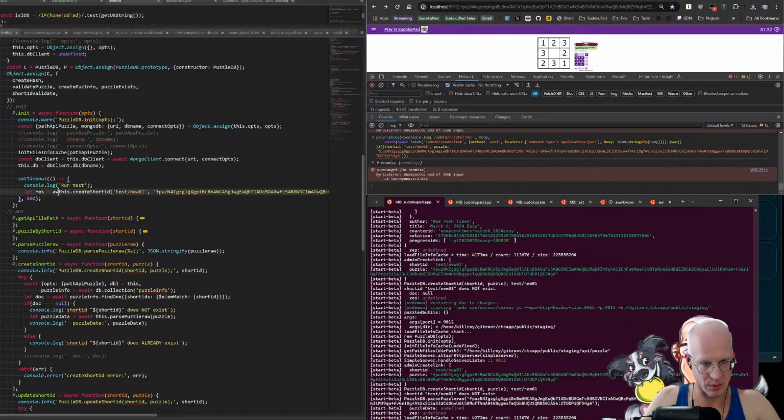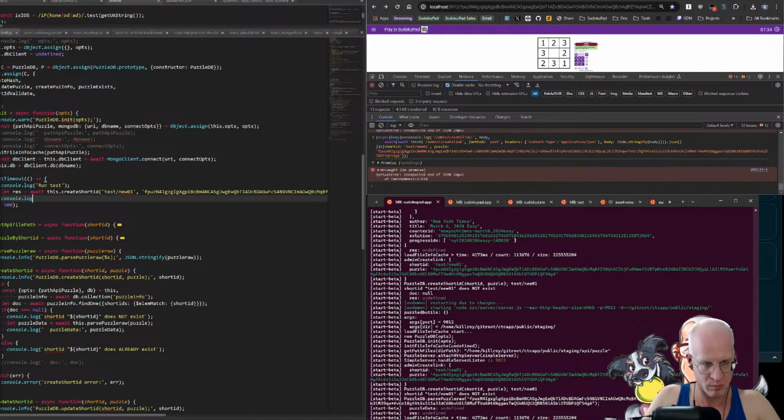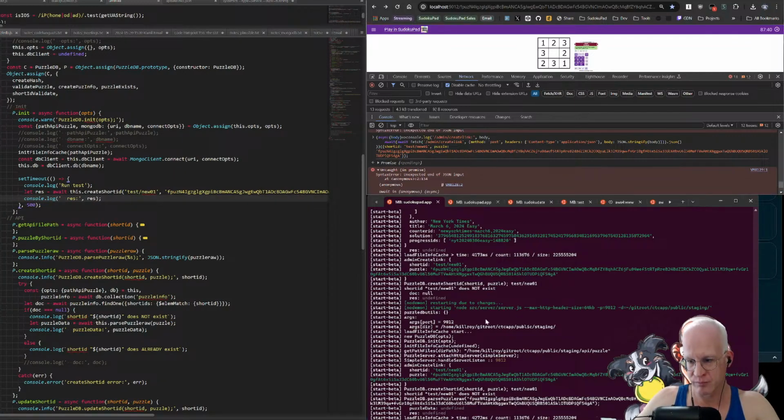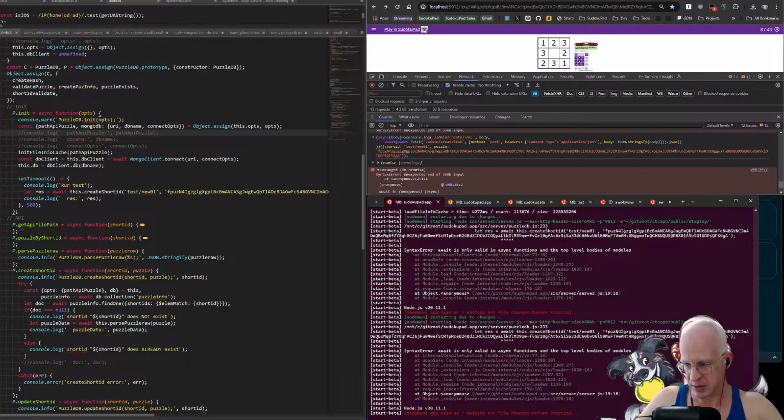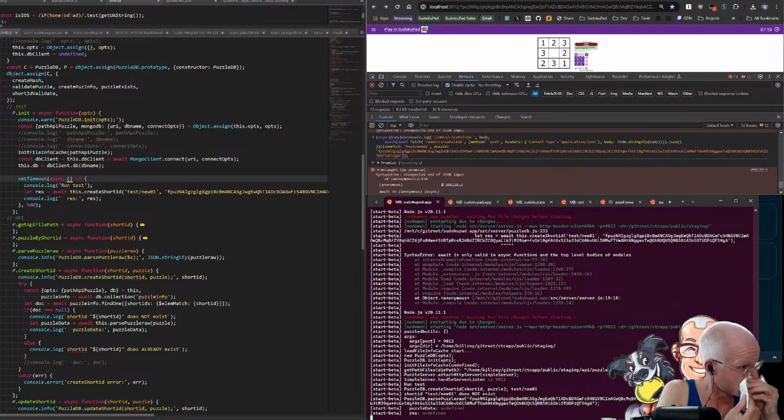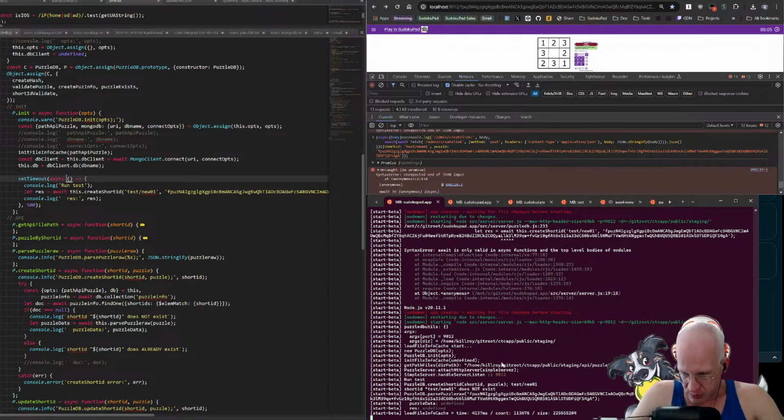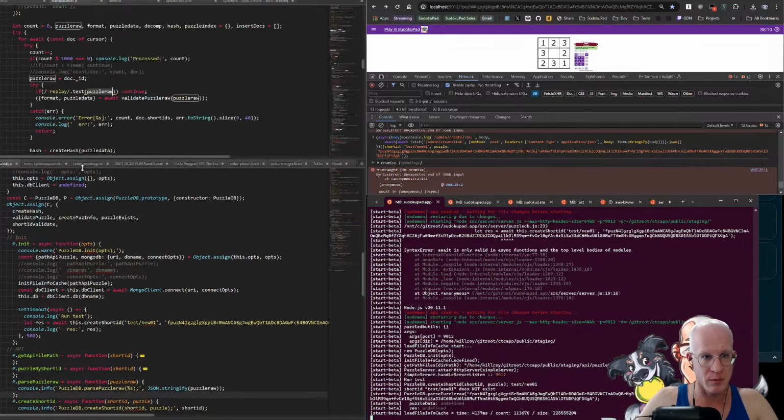Let res equal await, like that. And every time I press Control S, this should save and restart. All right, and that needs to be an async function. There we go. Okay, so now this goes straight into parse puzzle raw, and parse puzzle raw needs to do what this